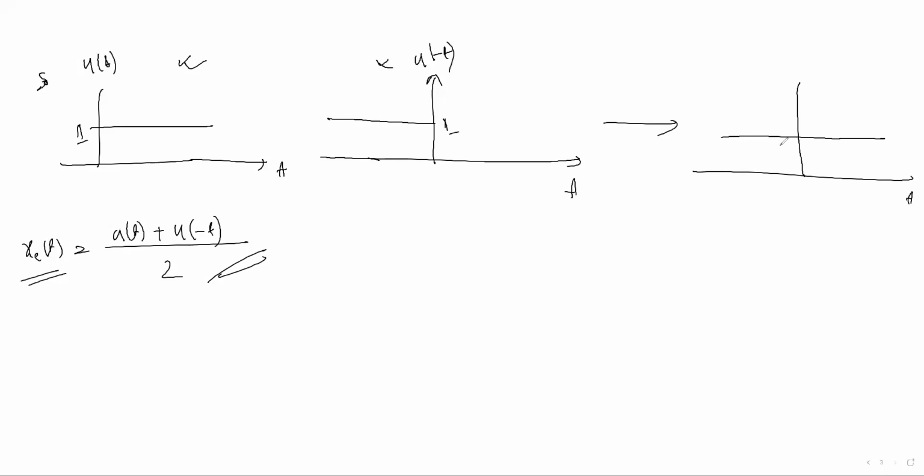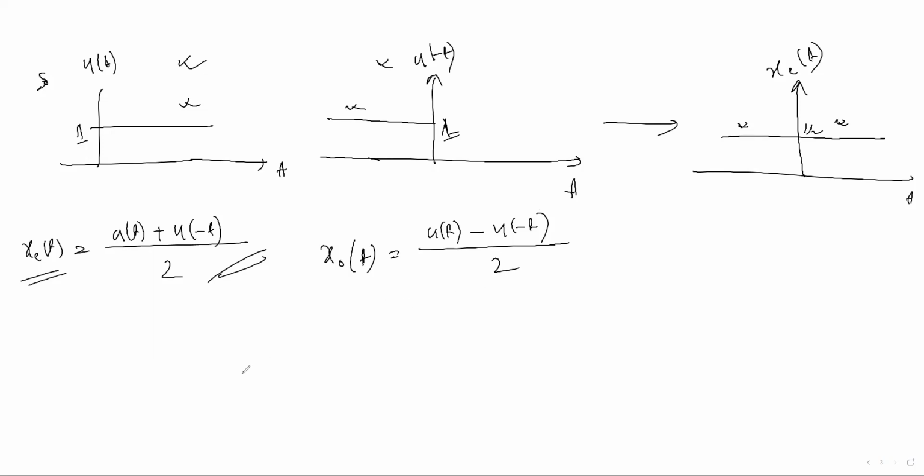The negative part will come here and the positive part comes here. And the amplitude will be how much? You have to divide by 2. Initially it is 1, but when you divide by 2, it will come as a half or 0.5. This is nothing but the even signal. Then what is the odd signal? How can you find the odd part? x naught t is equal to x of t minus u of minus t, divided by 2.